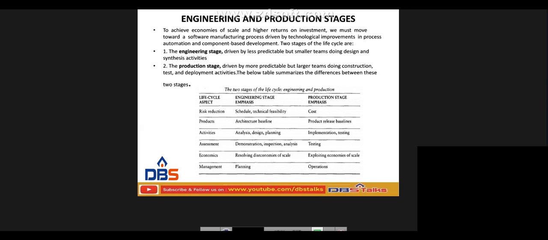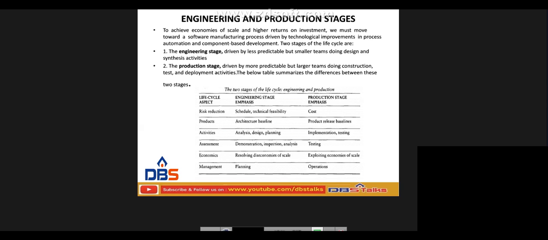For assessment, the engineering stage uses demonstration, inspection and analysis, and the production stage uses testing. For economics, the engineering stage is about resolving diseconomies of scale, while in production we can exploit the economies of scale. And for management, the engineering stage is planning, and in production they operate the particular process. Okay,